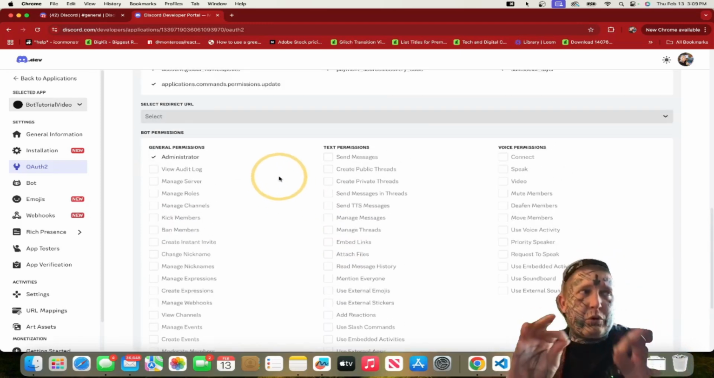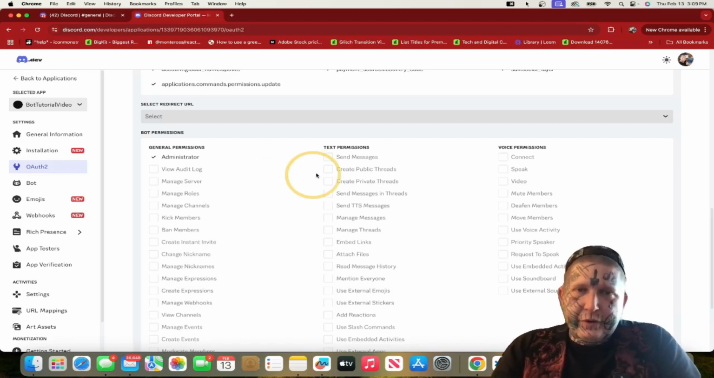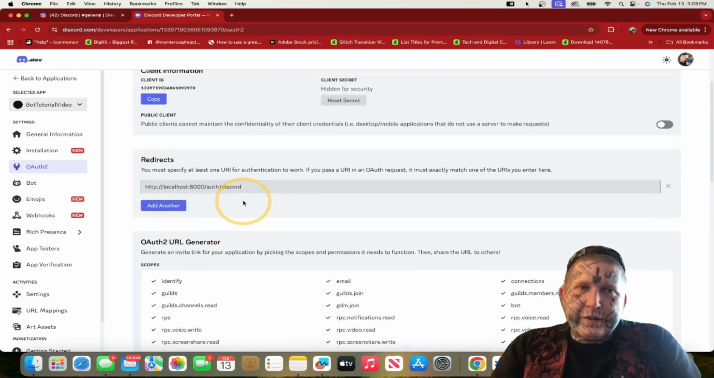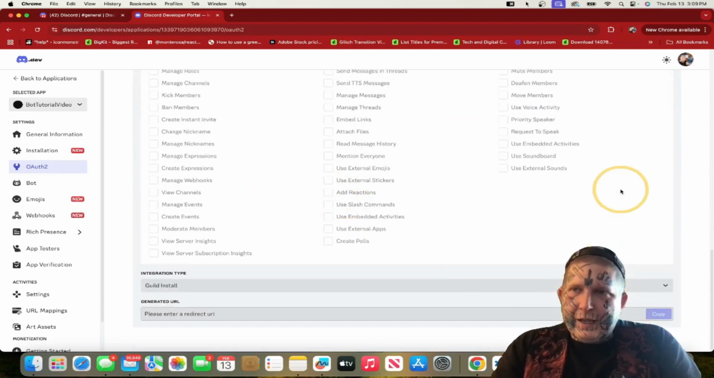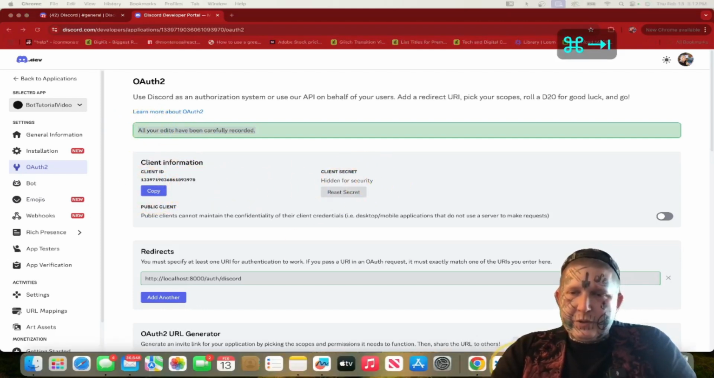Like I said, in a real world application, you would not want to do this. You want to select whatever is applicable to whatever you're doing. However, I don't care in this instance. And then we need to save this, but it looks like it's already been saved, so that's all good. Okay, now we need to copy this client ID,